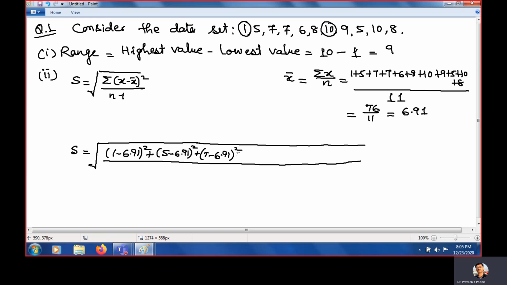Clear? Then the fourth value 7 minus 6.91 whole square plus next value 6 minus 6.91 whole square plus